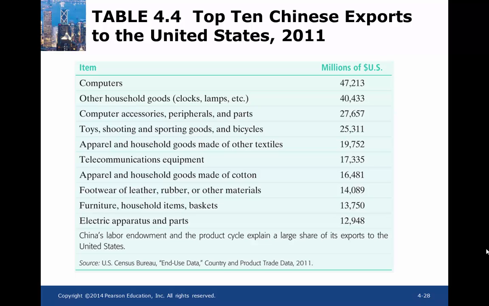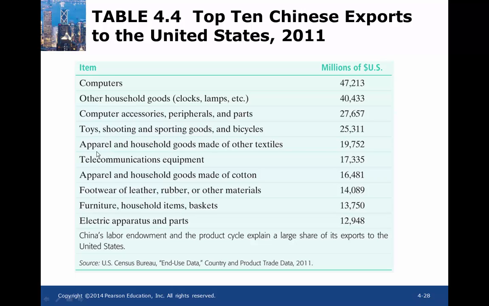Table 4.4, top 10 Chinese exports to the United States in 2011. You can see how countries with low income start producing goods and selling them to high income countries, and you can see the items that China has exported since 2011: computers, other household goods, computer accessories and other parts, toys, shooting and sporting goods